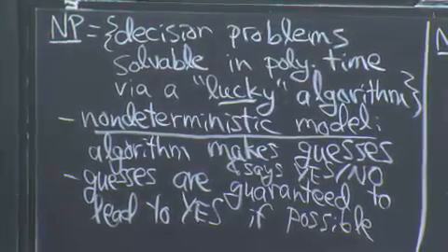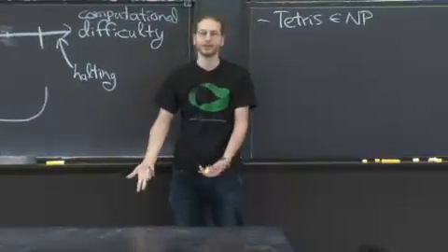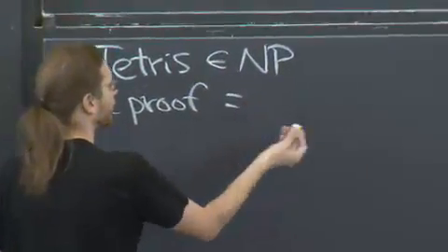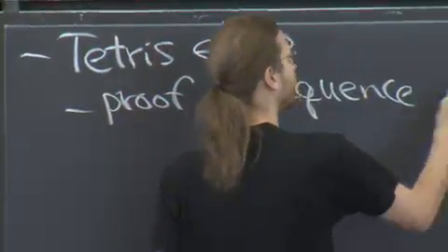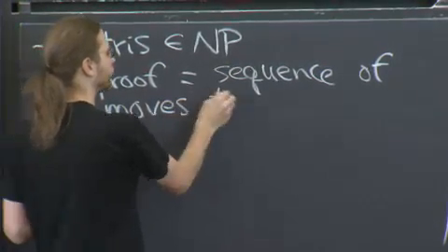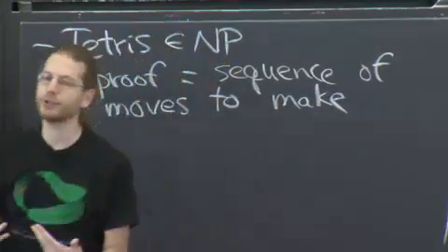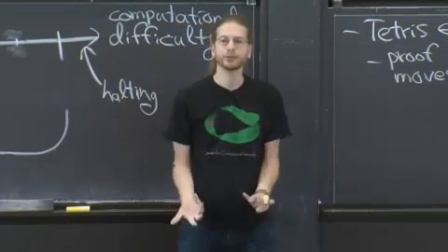Well, I could give him a really hard Tetris problem, say, can you survive these pieces? And he says, yes, I can survive. And how does he prove to me that he can survive? Well, he just plays it. He shows me what to do. So proof is a sequence of moves that you make. It's really easy to convince someone that you can survive a given level of Tetris. You just show what the sequence of moves are. And then I, as a mere mortal polynomial time algorithm, can check that that sequence works. I just have to implement the rules of Tetris.